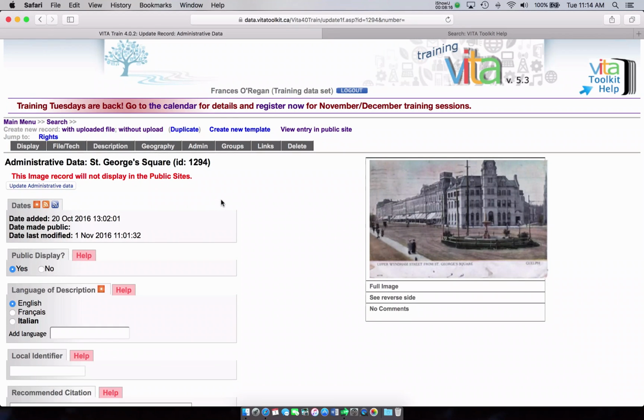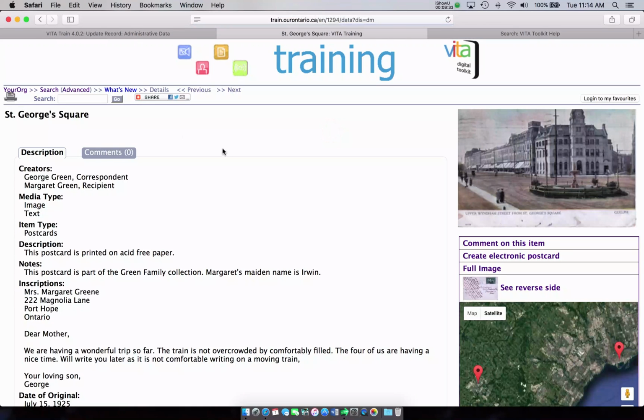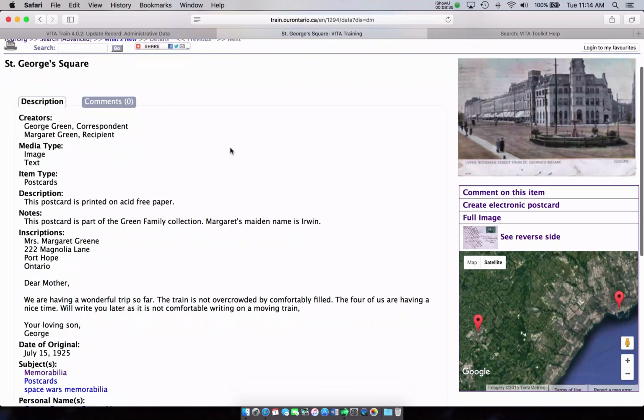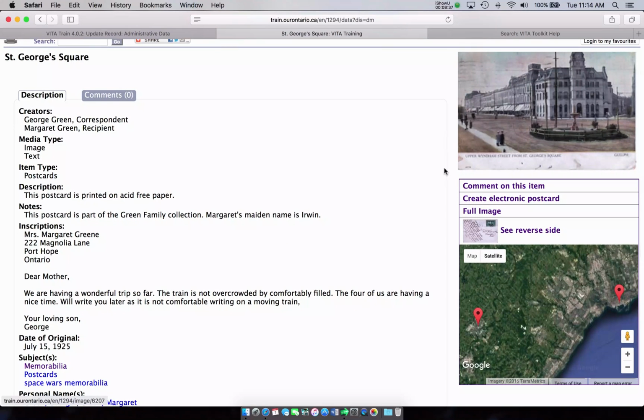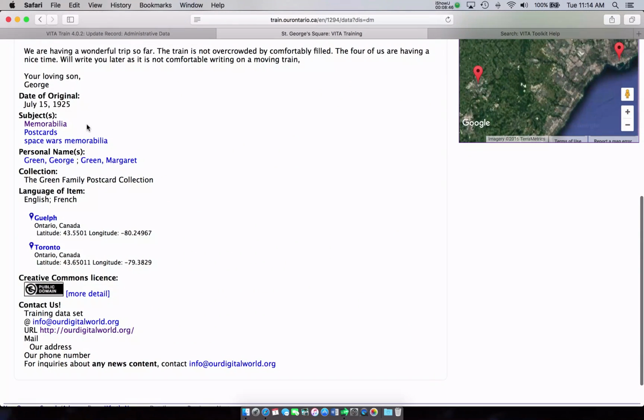So remember, before I leave, I'm going to update, because if you leave the screen and you don't update, you're going to lose your information. You're going to have to do it again. So now that I have this viewable on the public side, let's go in and see what it looks like. Okay, so this is what we've done so far. We've got our image, we have a reverse side, there is our geomapping, here's our descriptive data, including our subjects, personal names,